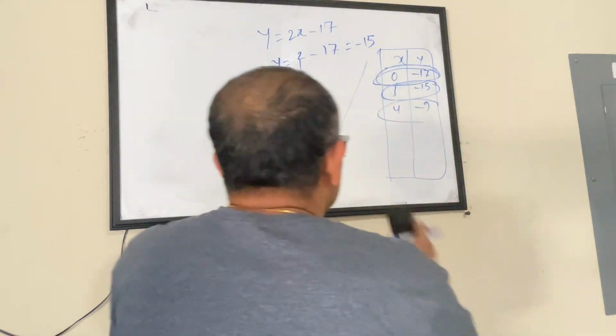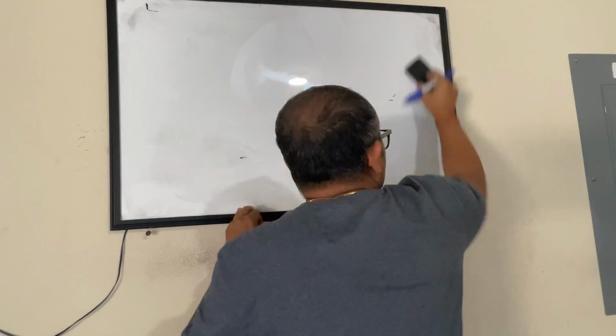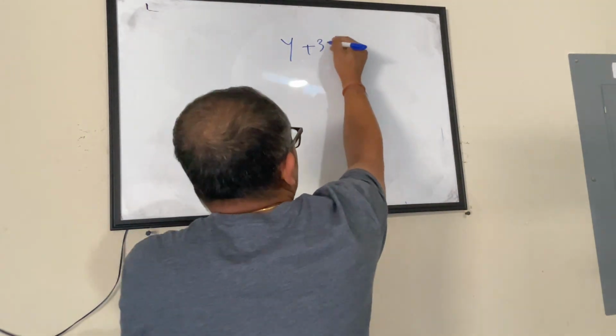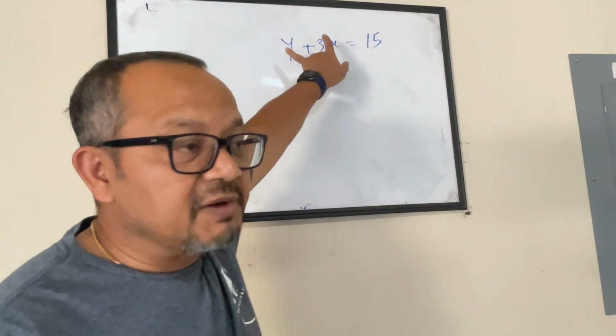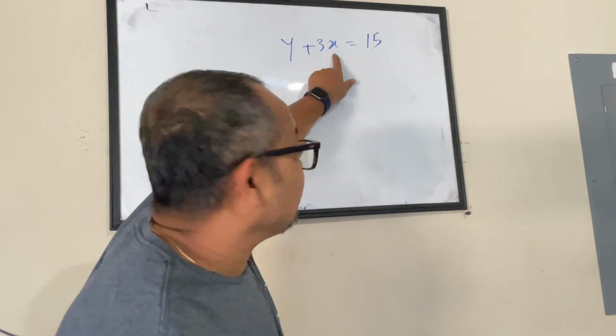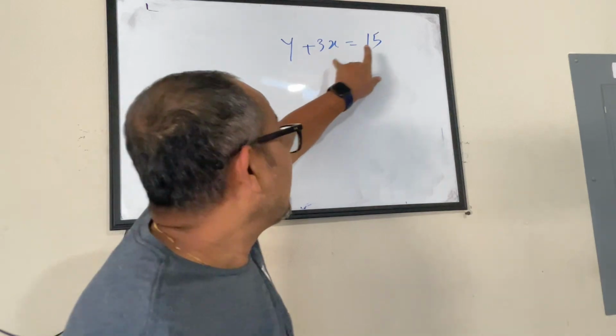Now, let's look at another equation. We were looking at a linear equation. We said it's an agreement between x and y, the two variables, for a common outcome. If I have an equation like y plus 3x equals 15, this is the agreement between x and y, that whatever the value of y, there will be a corresponding value of x, and these two together will fall into this agreement and give this outcome.